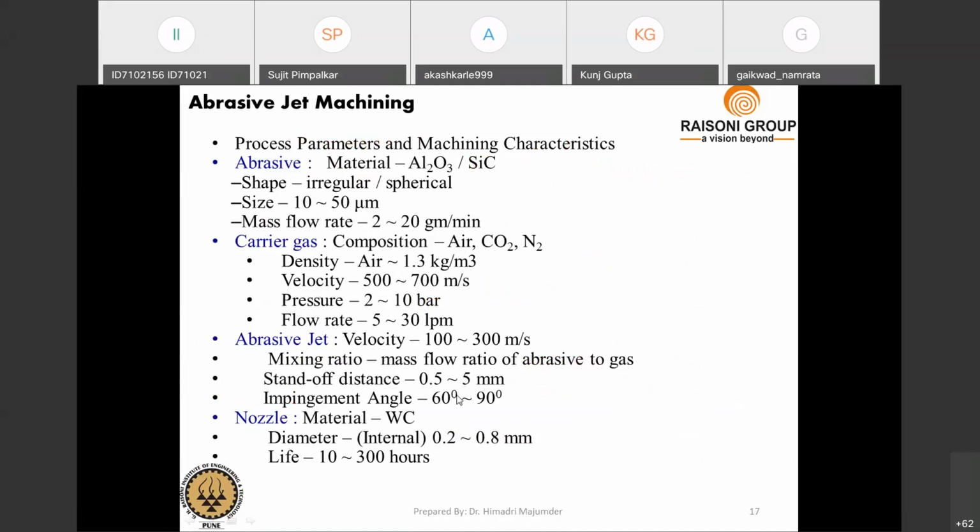Then the stand-off distance. What is the stand-off distance? We will see in the next slide. It is 0.5 to 5 mm. Then the impingement angle: if you want machining to be done at an angle, you can vary it from 60 to 90 degrees. Another important item is the nozzle. The nozzle should also be a very hard material because it is always in contact with the abrasive jet. If you use a very soft material for the nozzle, then it will break before the actual